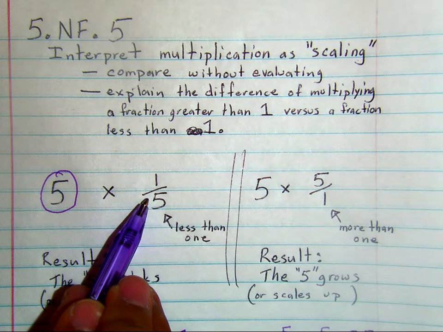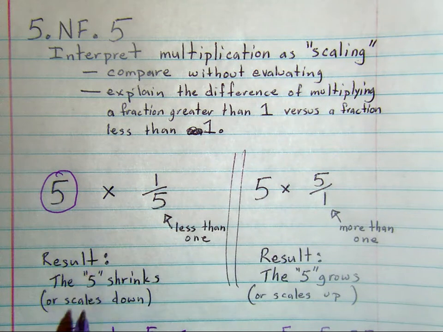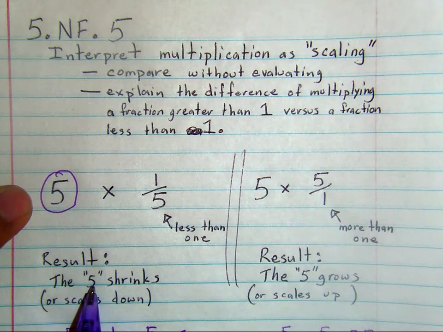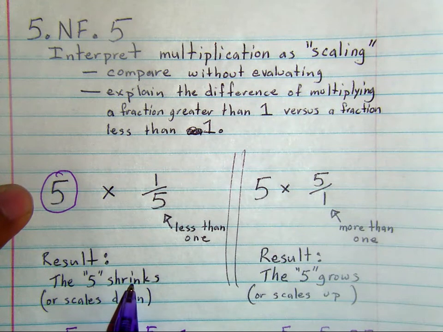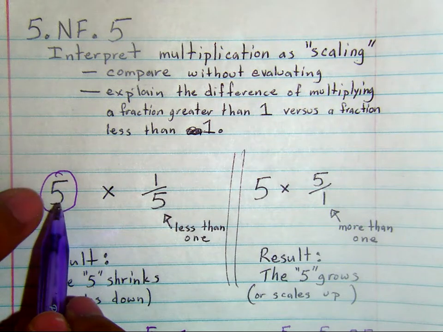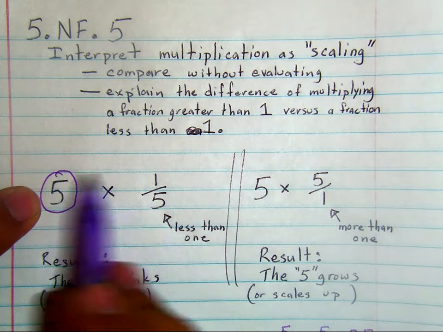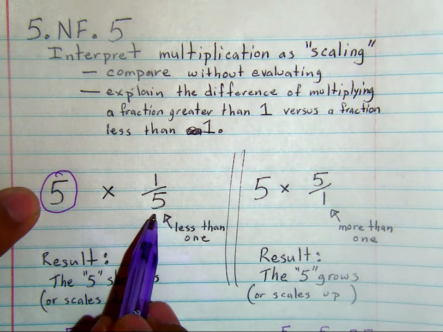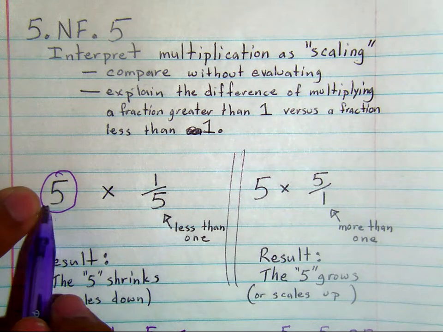fraction that's less than 1, the result is that that initial 5, it shrinks or scales down. So that 5, when you multiply it times a fraction less than 1, that 5 is going to become less than 5. Okay? Just by looking at the expression, we're going to be able to compare this 5 to what